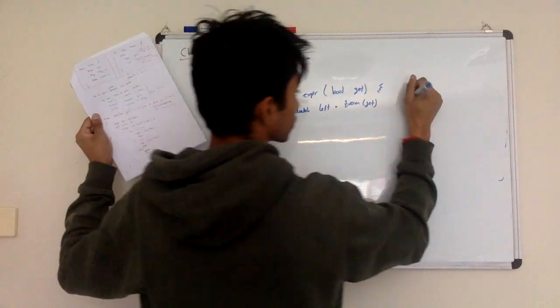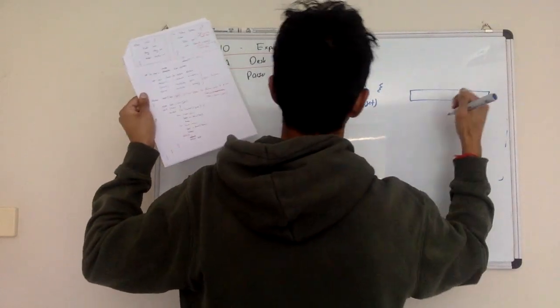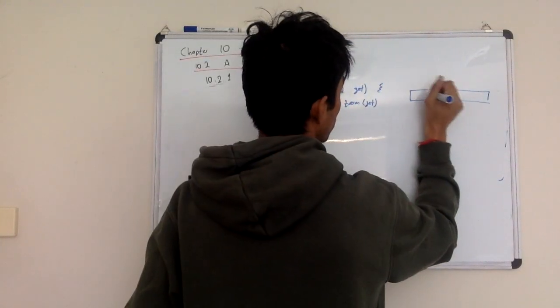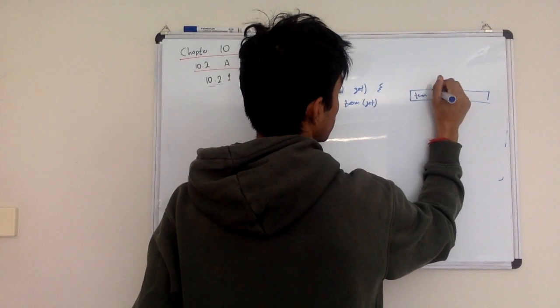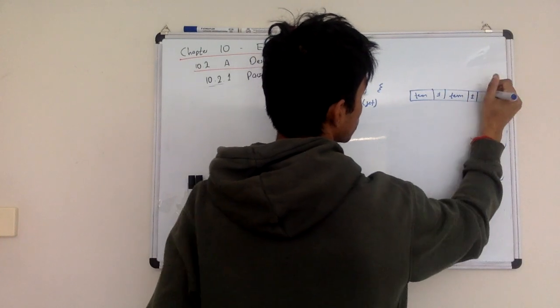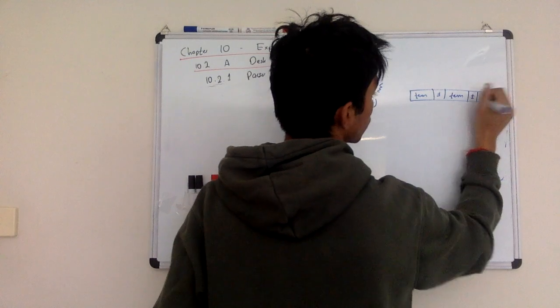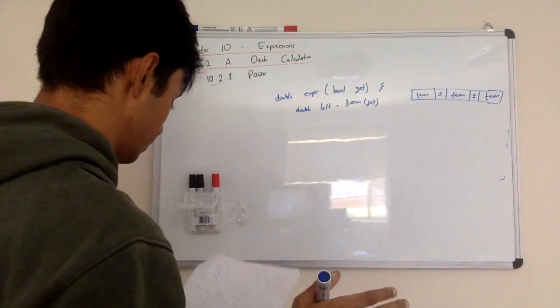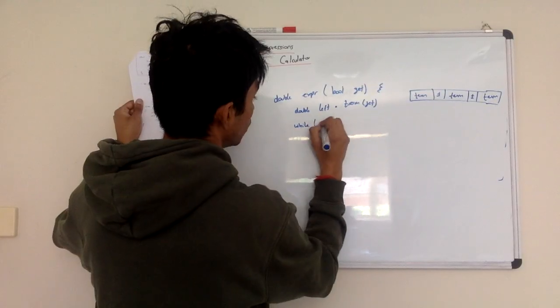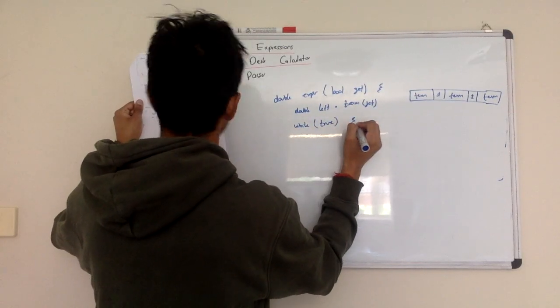Because we expect an expression similar to the relationship between terms and primaries. We expect an expression to look like a term, plus or minus a term, plus or minus a term, and so on, for as long as we need. So in a similar structure, while true, because we don't know how many times we want to do it,